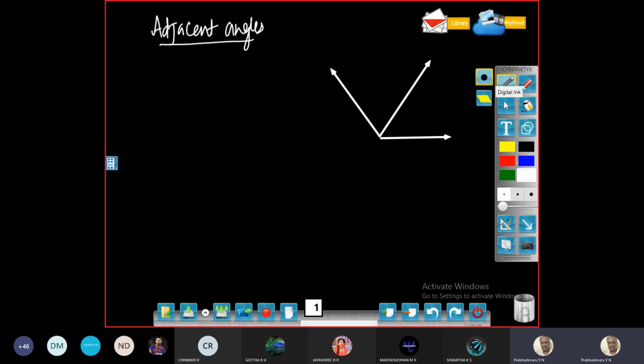So here, you can write this angle AOB and angle BOC. So these two angles, they are adjacent angles. Why are they called adjacent angles? Two angles are called adjacent